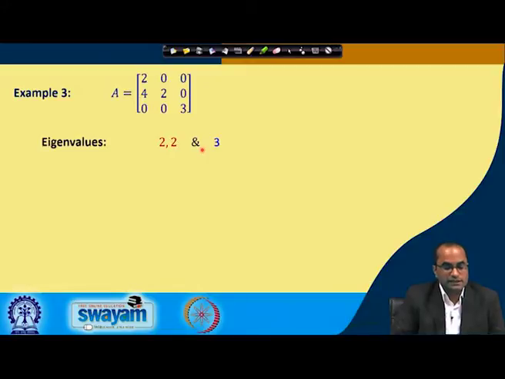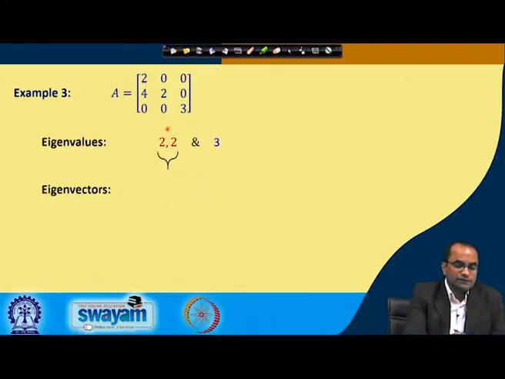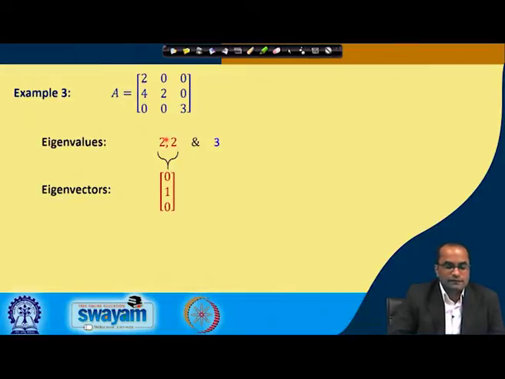What happens in this case is that the algebraic multiplicity of 2 is 2, and it comes out that the geometric multiplicity of this 2 is 1, and that is the point where we cannot diagonalize the system, because the geometric multiplicity is not equal to the algebraic multiplicity for this eigenvalue 2. Then we will get a smaller number of eigenvectors, and we cannot form this model matrix P. So, corresponding to the repeated eigenvalue 2, we are getting only one eigenvector, and the reason is clear, because if we formulate